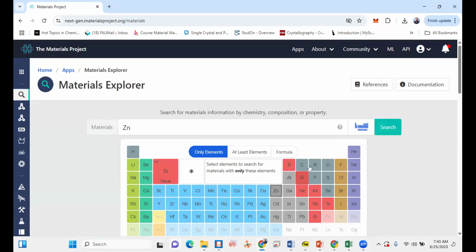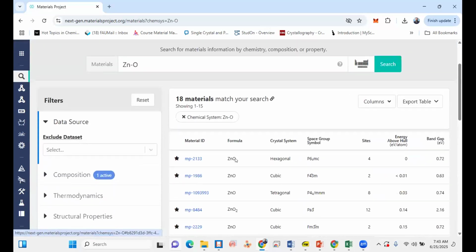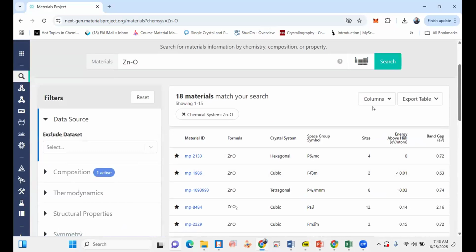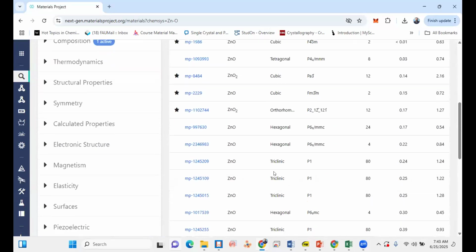Let's say I select zinc and oxygen from here, and it gives me a lot of information. It gives me a lot of different structures. The crystal systems are different.